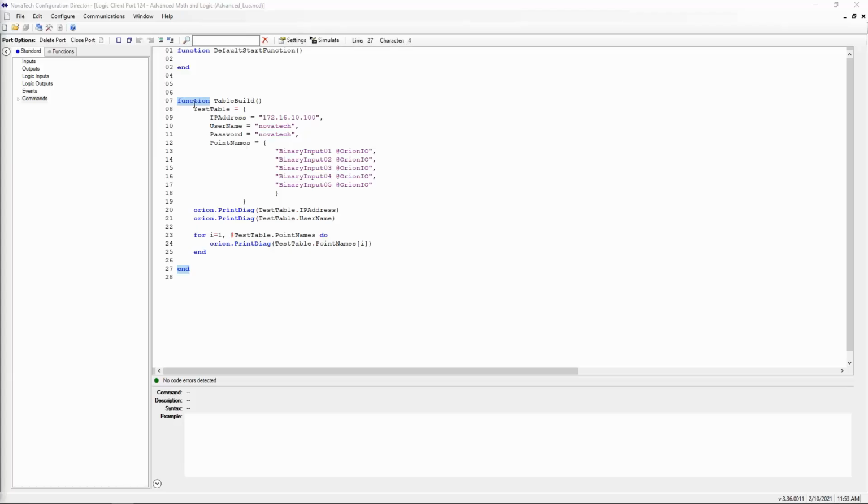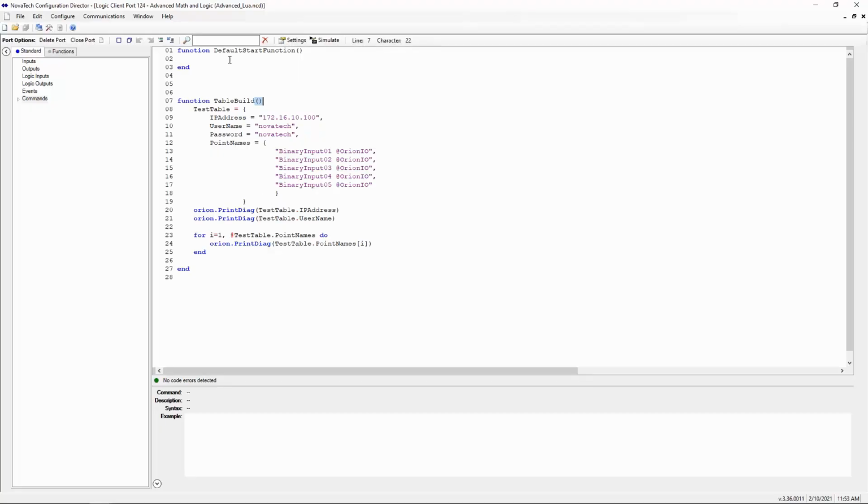So what we're going to do first is keep it still a function table build here. But we're going to have to change a lot of stuff here. First thing we want to do is put variables in place for all of these pieces that need to change in the table. That will be one big change. What we have to do before that is decide how the data is coming into the table so that we know how to